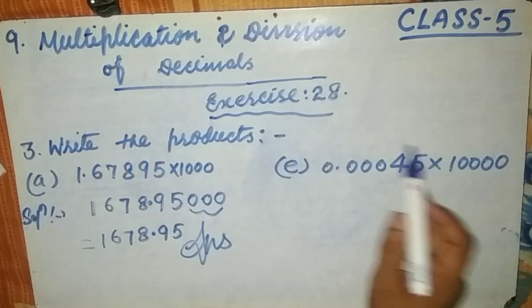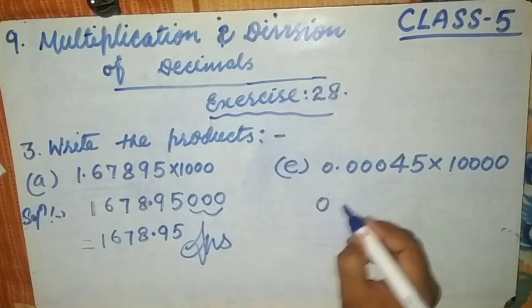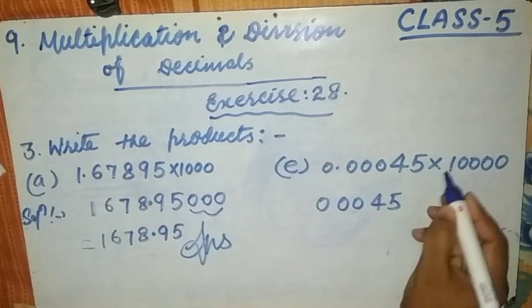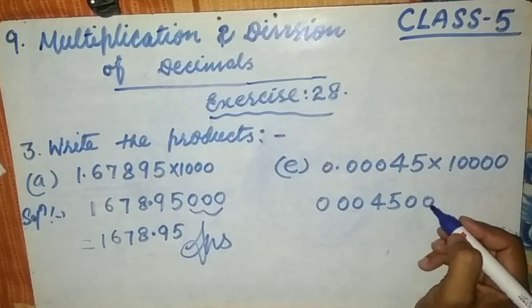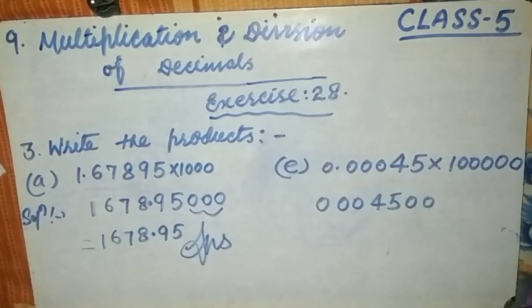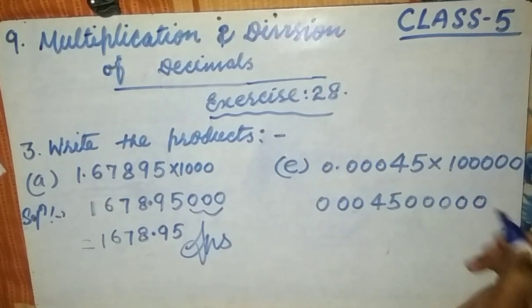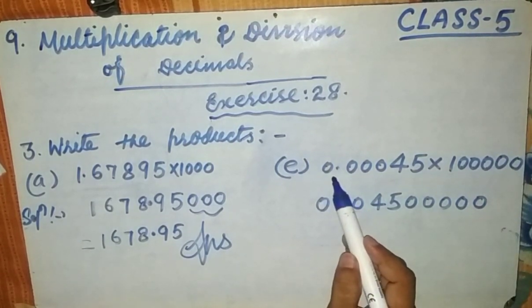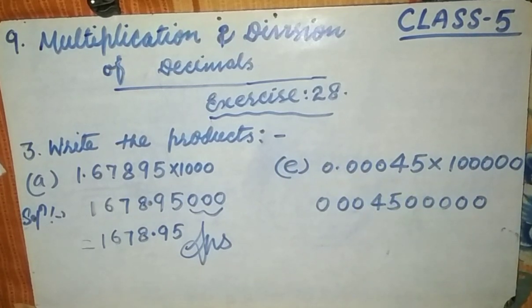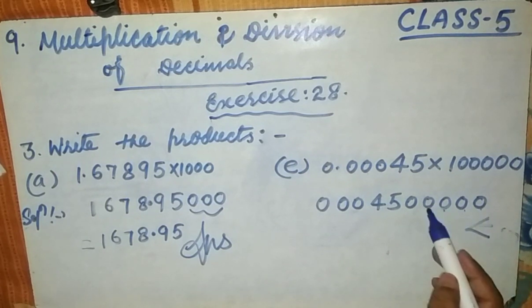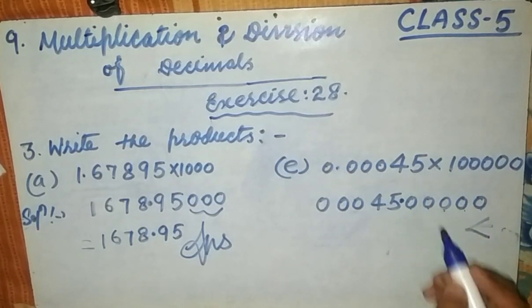Now next, same question. First we have to multiply the whole with 1 as it is, 3 times 0, 4, 5, 1 as it is, 1, 2, 3, 4. Sorry, this is 1, 2, 3, 4, 5 times 0 over here. Now count, students, the number of digits after decimal. Here 1, 2, 3, 4, 5, there are 5 digits after decimal point. So we have to count here from right hand side 5 digits, 1, 2, 3, 4 and 5, and place the decimal.